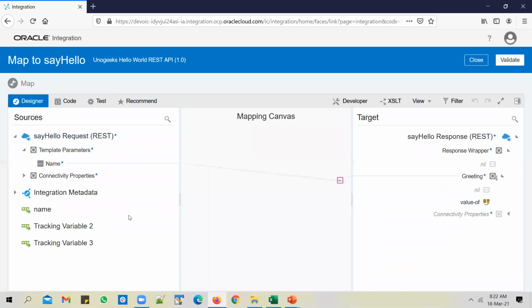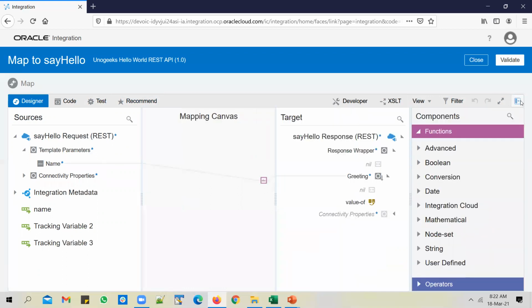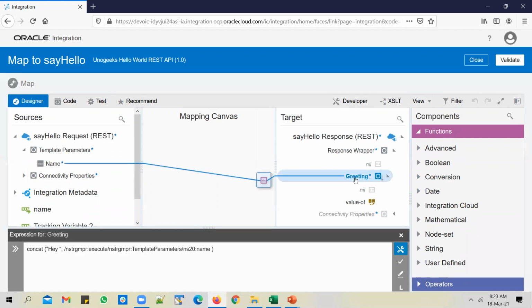Okay, let's go back to the designer page. So that's about test. I'll come to the recommendations button in a moment. But if you click on this toggle functions icon within the mapper, whenever you assign values to the targets, you can use any of the functions that are provided by Oracle out of the box. You have many advanced functions, Boolean functions, conversion functions available. In fact, we have used one of the seeded functions called concat.